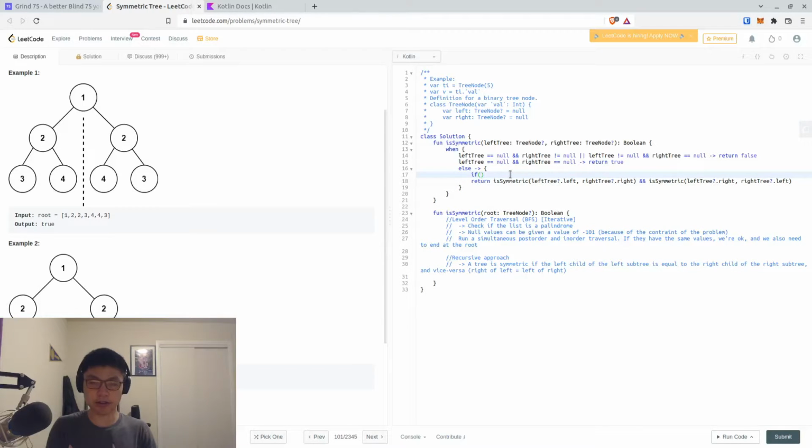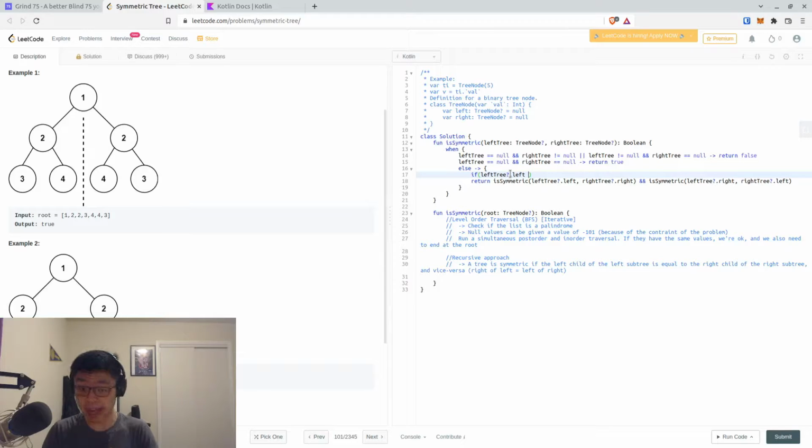We can say that if left tree dot left, basically I want to say that if both of the children, or if all the children are null, then we also want to return, because we just don't want to add an additional layer of leaves to check in which they are all null. Even though that's fast, or not particularly slow, that's an additional layer that we have to check, and that's an exponential 2 to the however many leaf nodes we have to check,